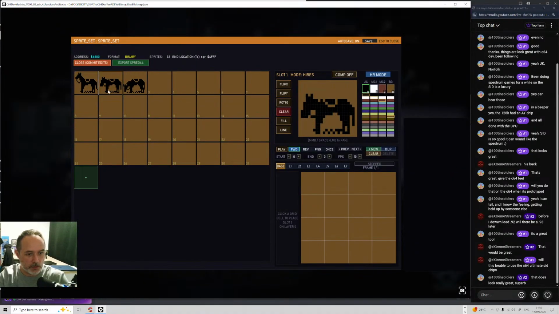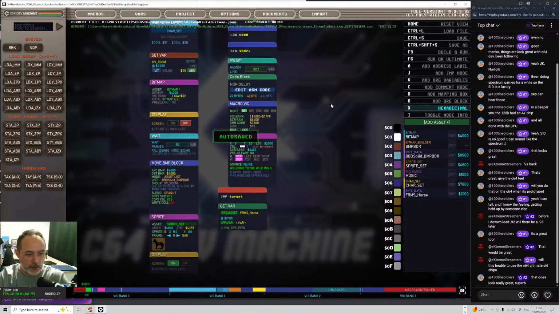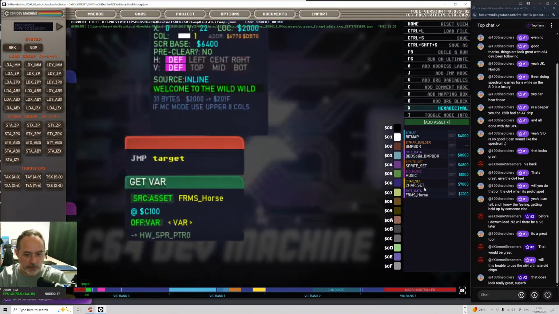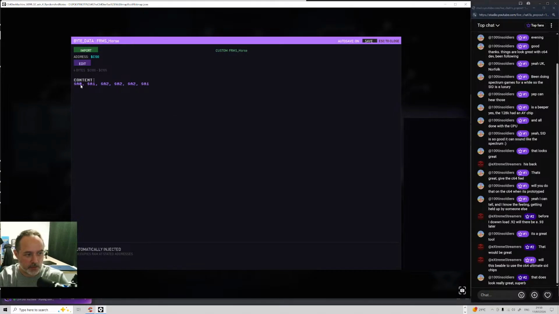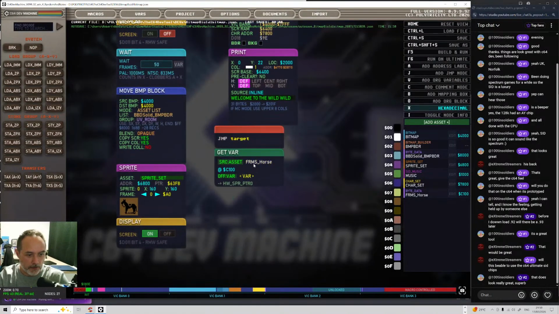Just 3 frames, so I wanted the horse to sort of do that every now and again, not all the time. So that's the frames for the horse. I'm just going to directly inject the actual frames into the sprite pointer, and see, they go directly to the sprite pointer for this one. It tells you what it is, 63F8, but you just use the hardware register,